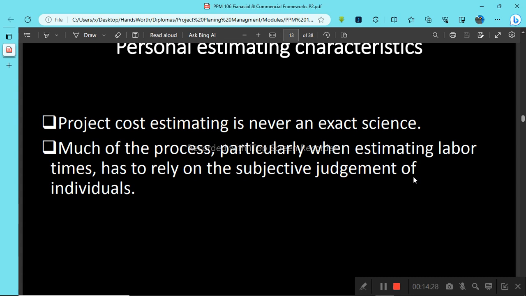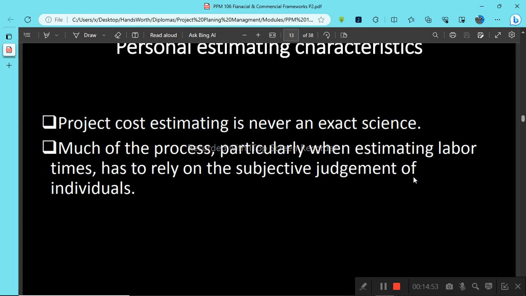So what they're trying to say is when it comes to estimation, there will always be a component of personal subjective judgment that you must employ so that you can properly estimate and quantify the cost for each given labor